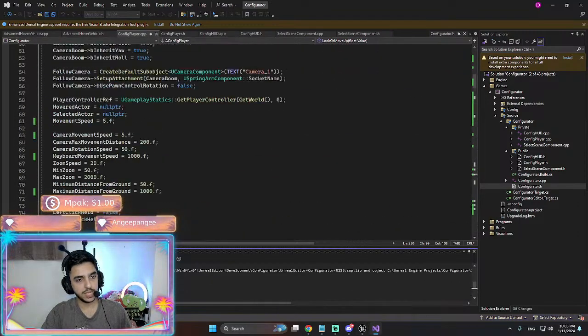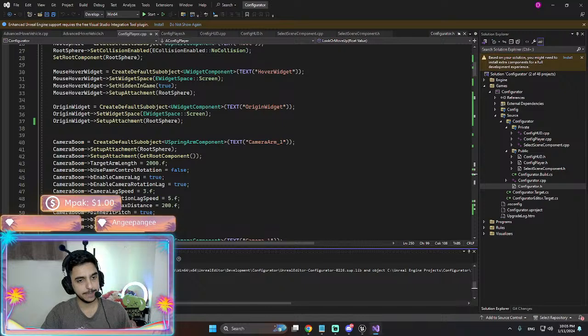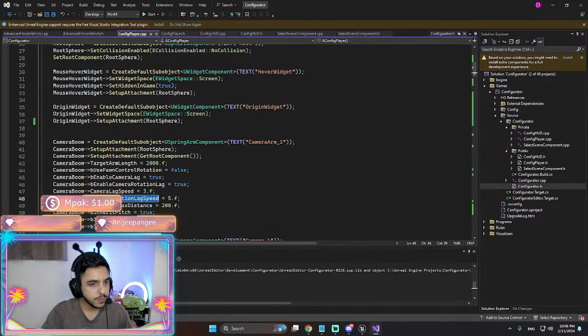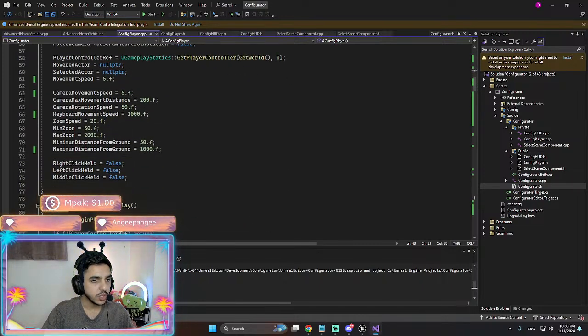Camera movement speed was actually 5 here, right? Shit. No, here, not yet.